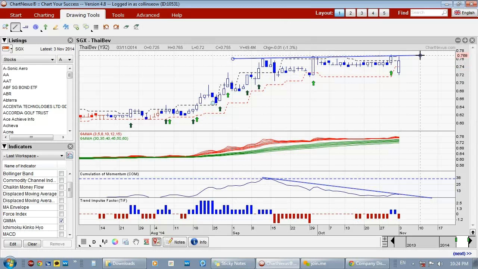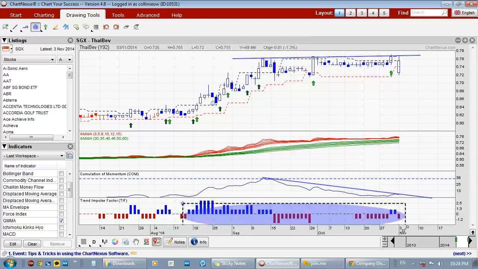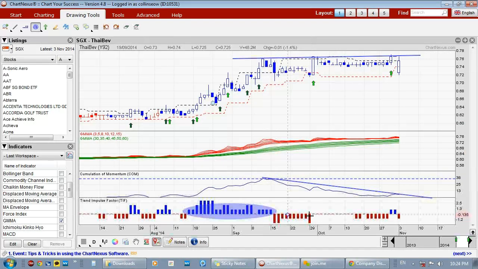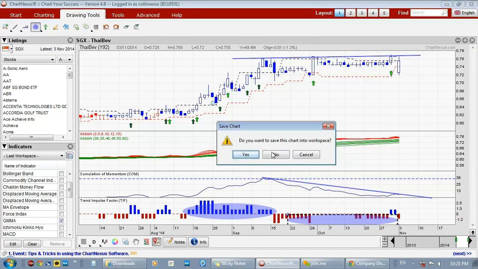So if you don't have a position, then never mind. Wait for the next time after the correction, when the buy signal appears again, and buy. Which is quite some time later. If you have the stock, then look to sell, or look to take profit. The momentum here, can you see that this part has a lot of trend impulse factor. Recently it has become no trend. So be careful, just look to take profit for this stock. Next one is